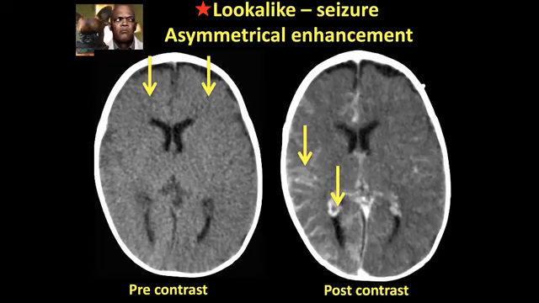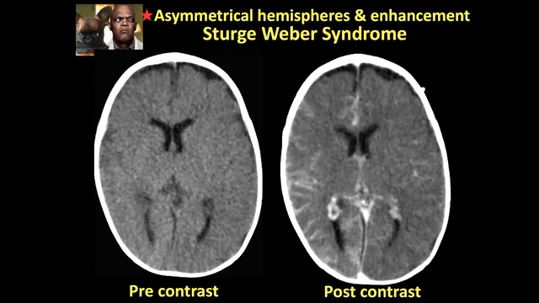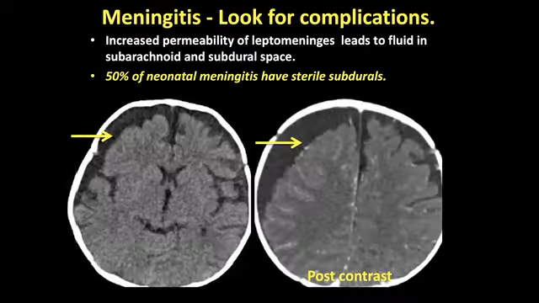And clearly, yes, if we'd got a proper clinical history in this child, or if one of us had been looking at the patient when the patient came in, we would have picked up the fact that the patient in fact had Sturge-Weber. So not all asymmetrical enhancement, as you know, is related to infection. One has to know what the true clinical picture is of the patient before you make the diagnosis on imaging.